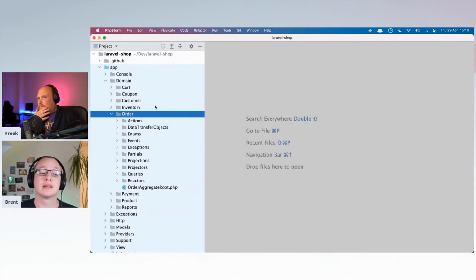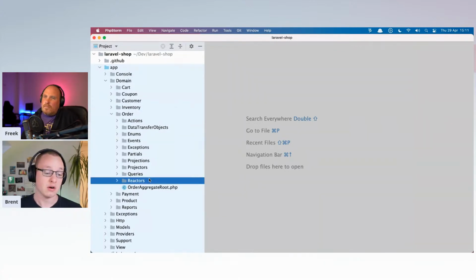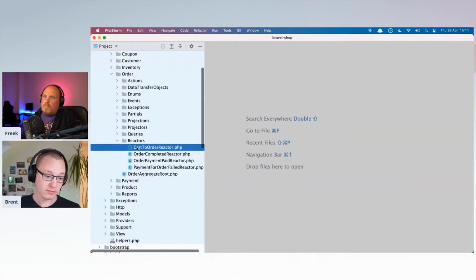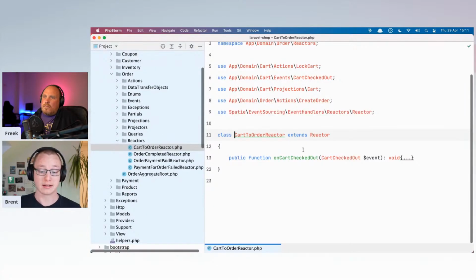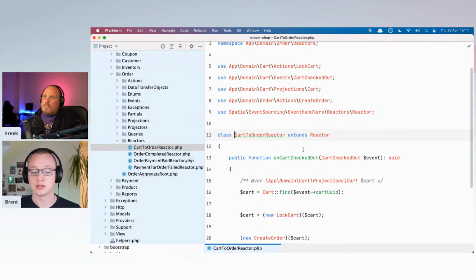But we still need to make some kind of bridge between a card being checked out and an order being created. And that's what we use reactors for. You can see there's a card to order reactor here. And reactors are just simple event listeners. They won't be replayed like projectors.